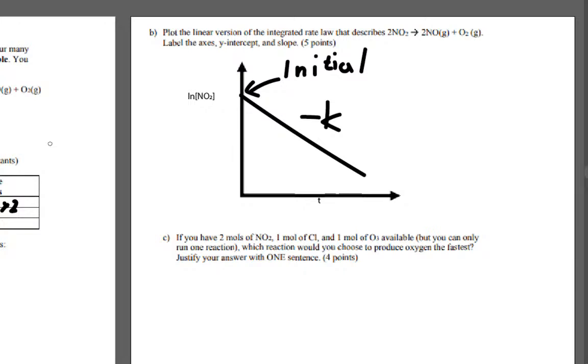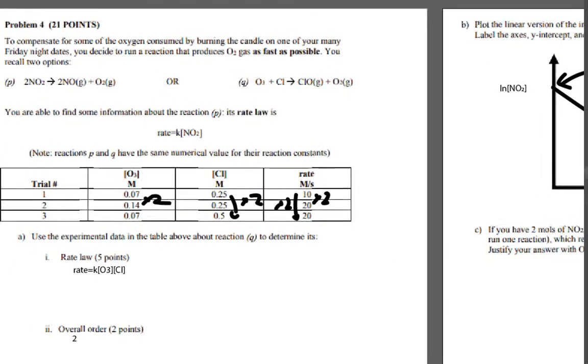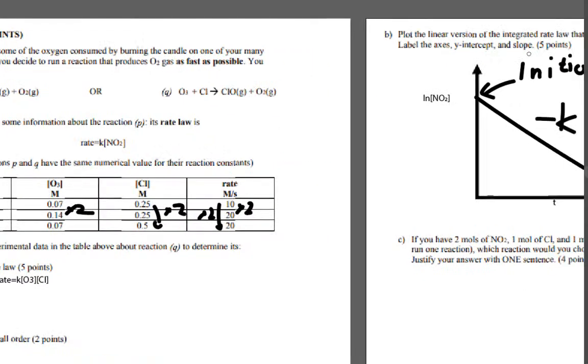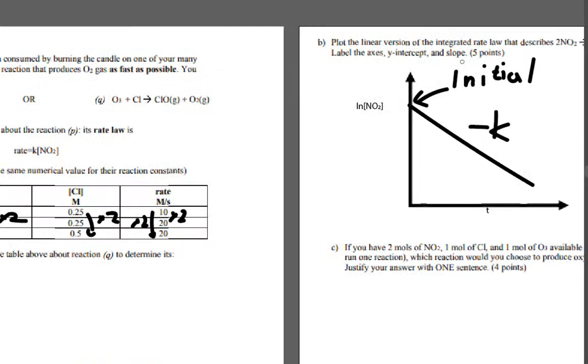If you have 2 moles of NO2, 1 mole of Cl, and 1 mole of O3 available, but you can only run one reaction, which reaction would you choose to produce oxygen the fastest? Justify your answer with one sentence. Okay, if I can only run one reaction, I could just use the first, actually, wait,